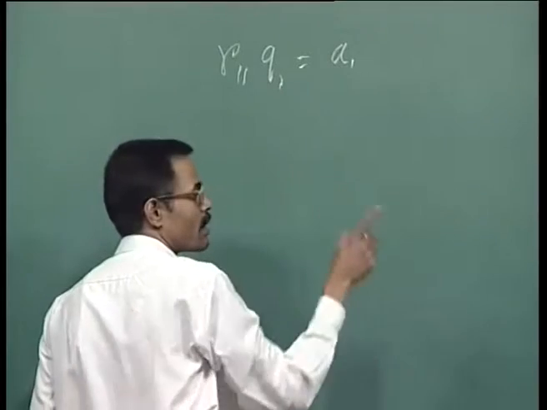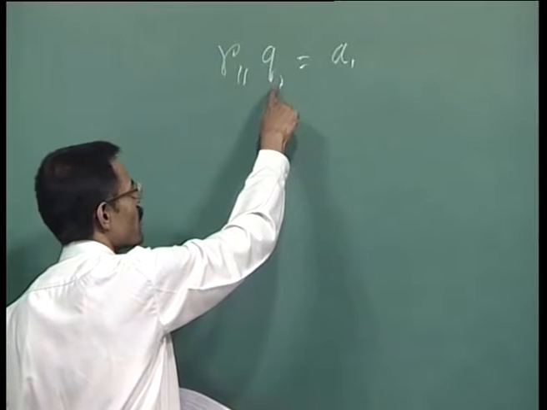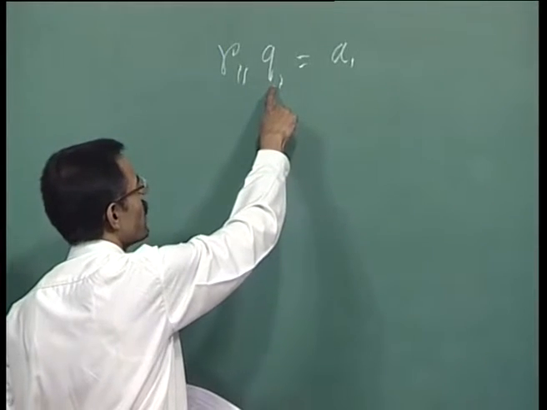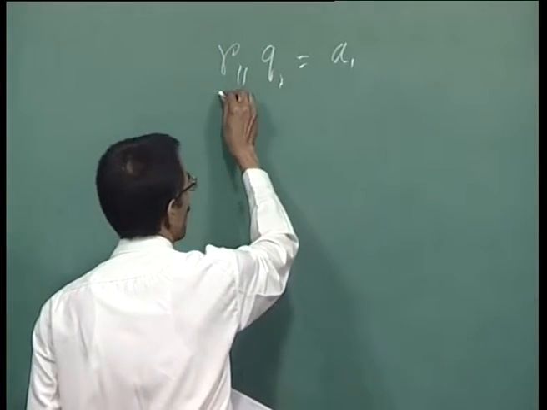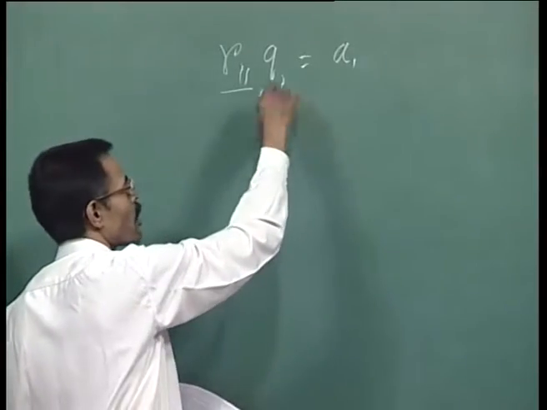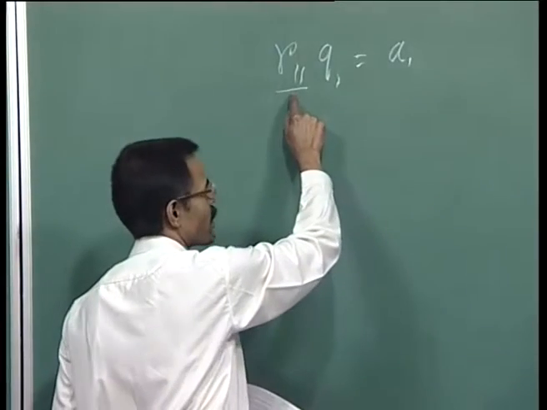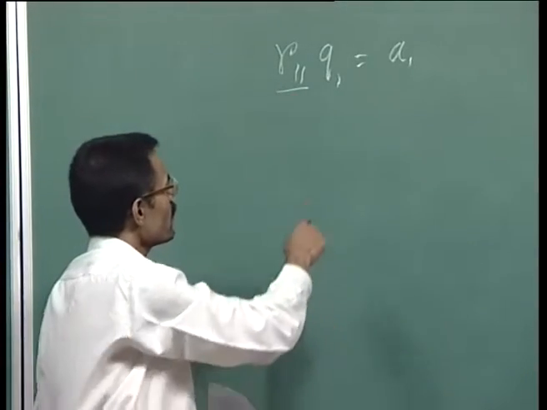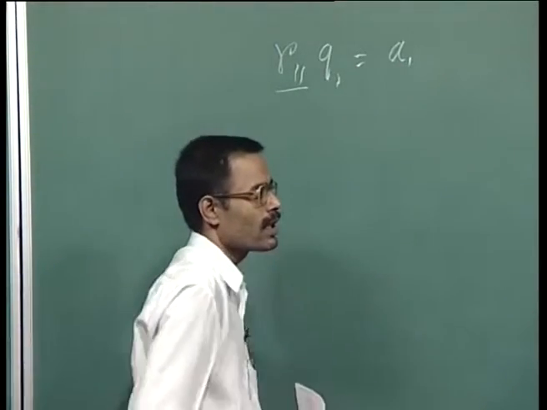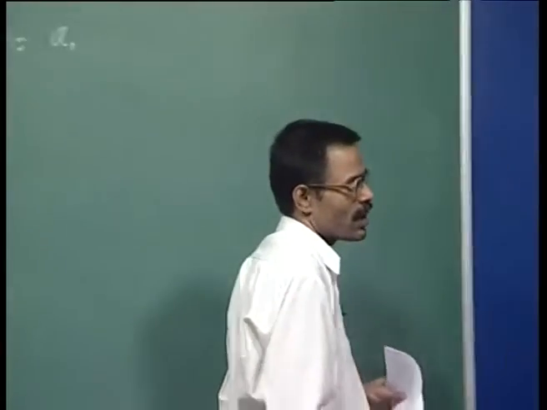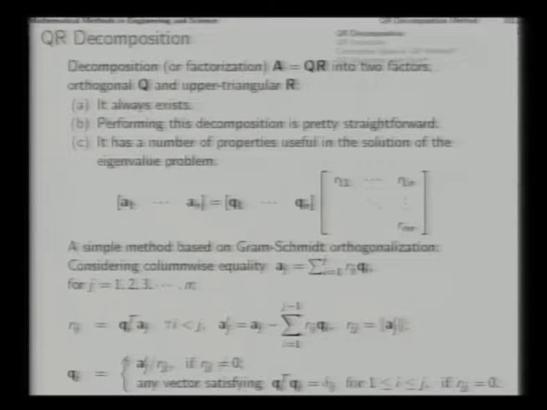Now, the matrix Q is supposed to be orthogonal. That means this column vector Q1 should be a unit vector, and that will mean that the entire magnitude of this vector A1 should be R11. So, what we do? We take the norm on both sides, and we find that the norm of A1 is R11. Once we find R11, then we can divide this vector A1 by R11, that gives us the unit vector Q1. Precisely this step you will find when you try to conduct this whole thing for j equal to 1.